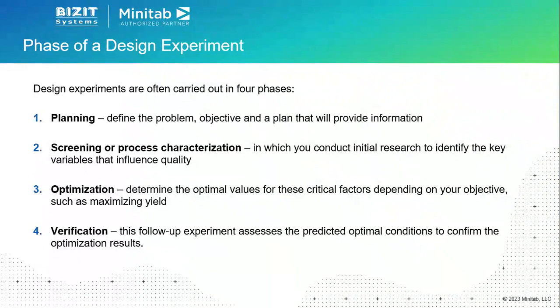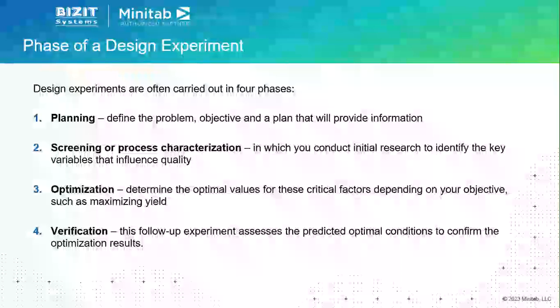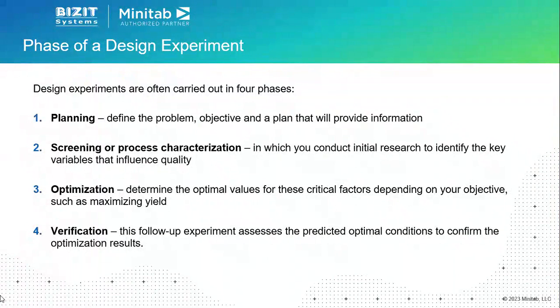After you do the planning, maybe you go for the next phase, as we call it, the screening, or you do the process characterization, in which you can conduct the initial research to identify the key variables that influence your quality. So for example, in this phase you have 20 factors. From this screening, you identify 5 of them, and then you follow up with just the next phase, which is